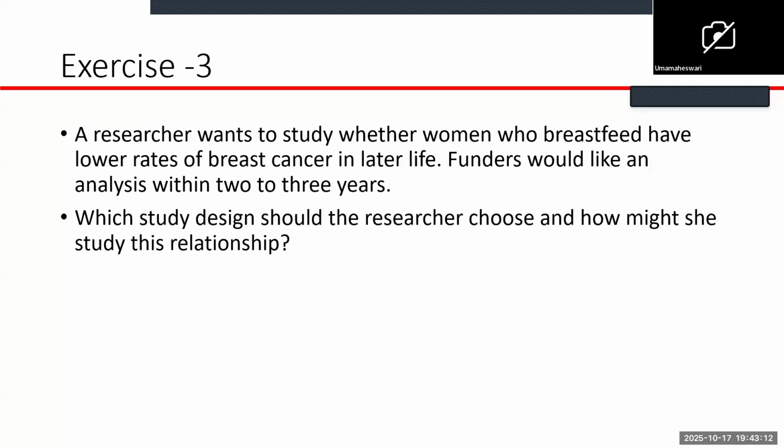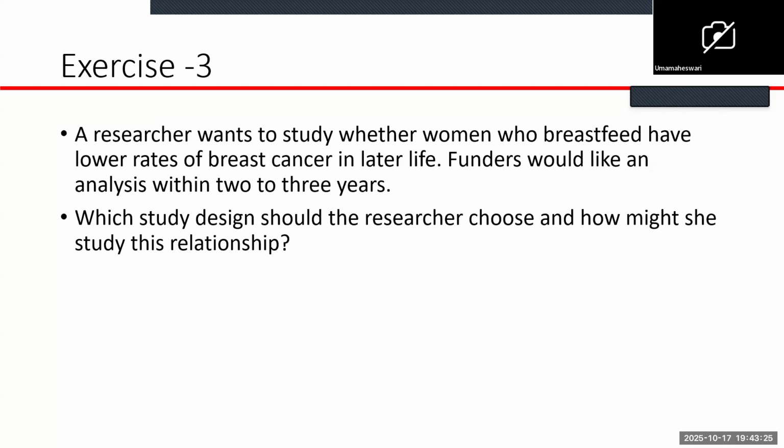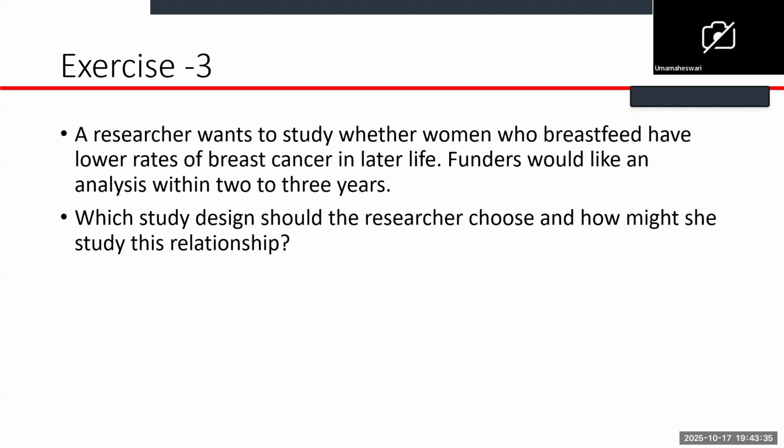You can try this study design. Cohort study, ma'am. Why do you want a cohort study? Ma'am, it will be like 2 to 3 years, so we'll be taking two groups of people who breastfeed. You misunderstood. The funders want the result within 2 to 3 years, but